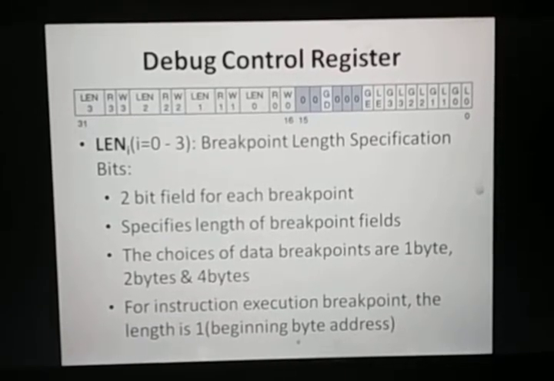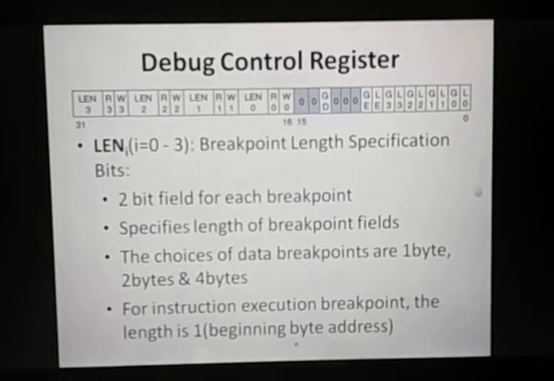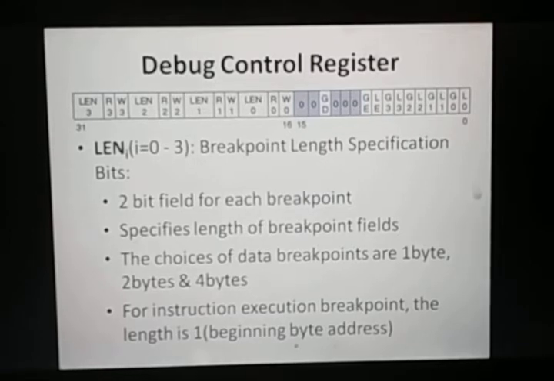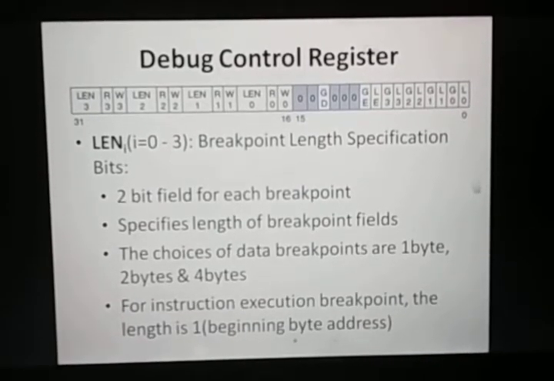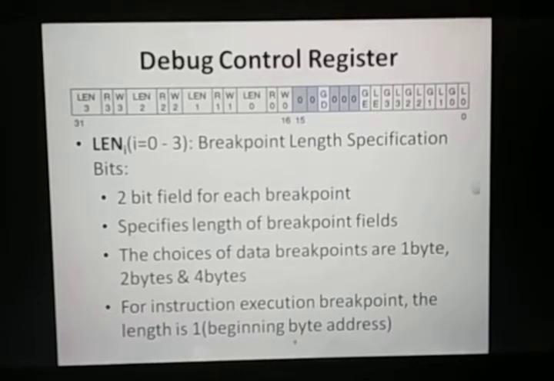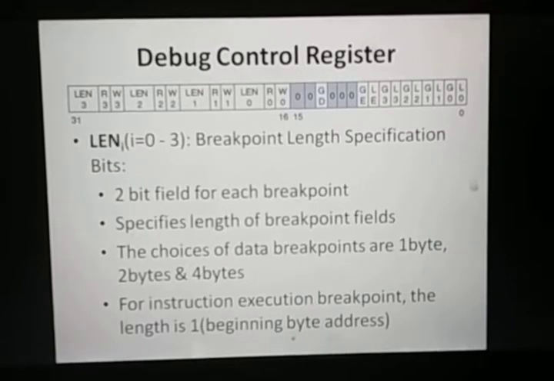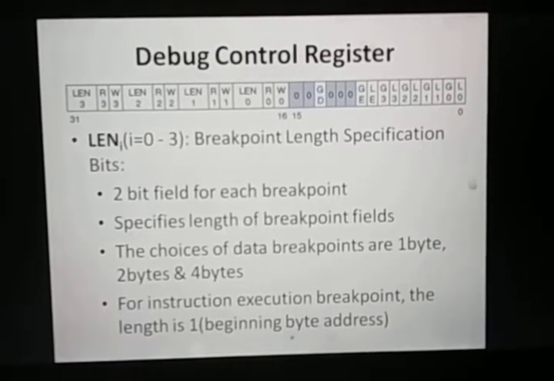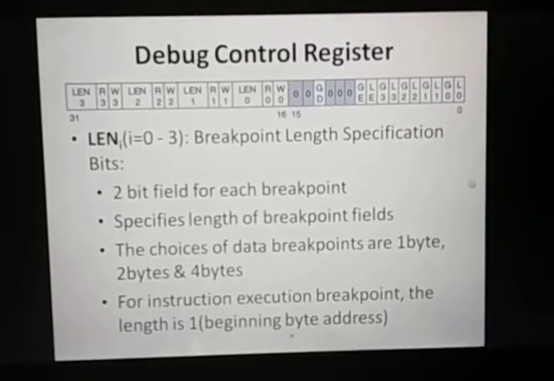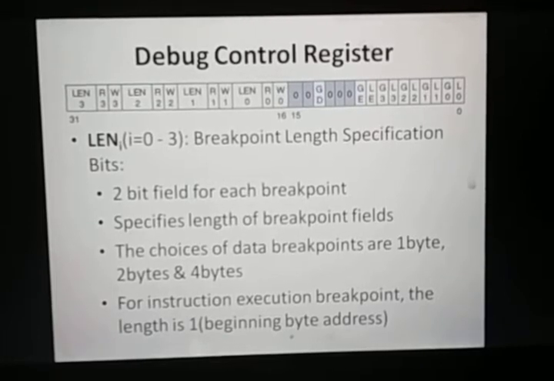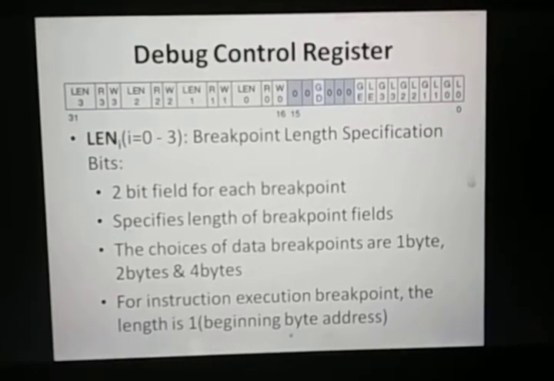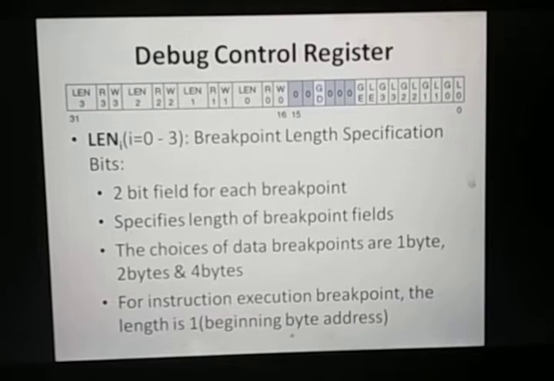This is your DR7 register. You can see in the diagram L0 G0, L1 G1, L2 G2, L3 G3, then LE GE, then GD, and the R/W bits for read and write, and LEN for the length: length 0, length 1, length 2 and length 3. Read write bits W0, W1, W2, W3, R0, R1, R2, R3. We will discuss these bits.